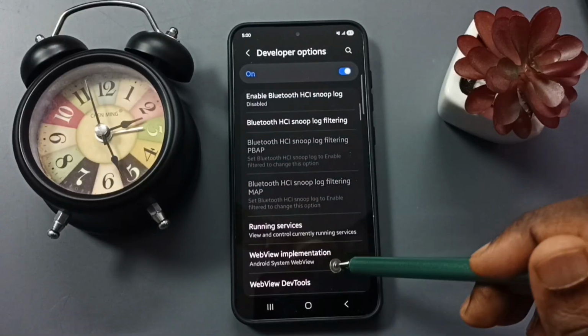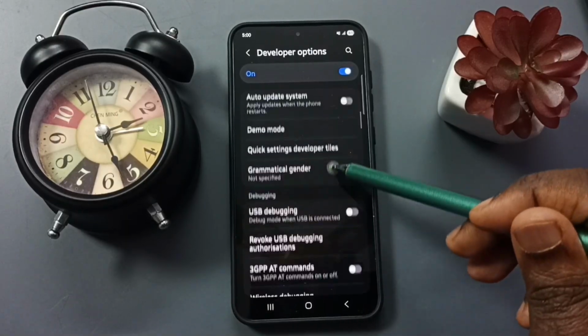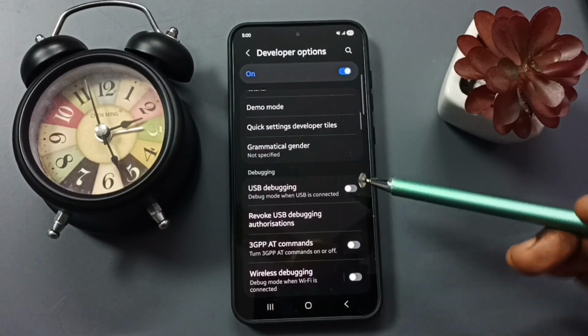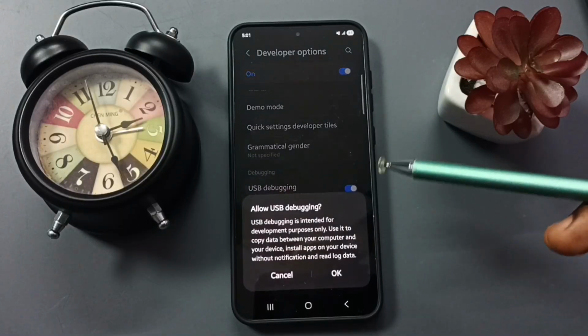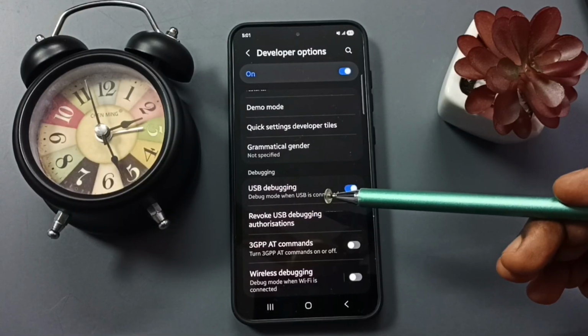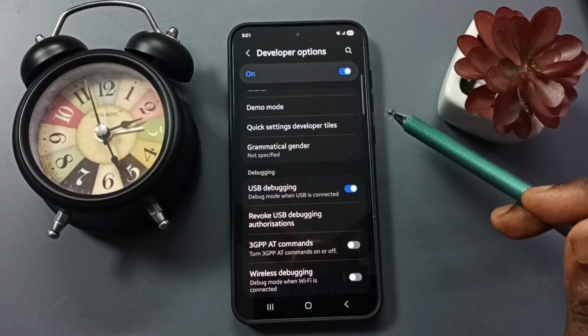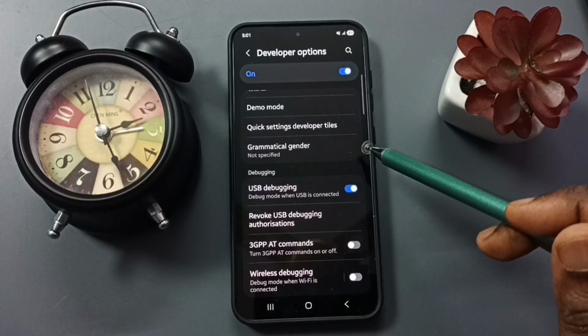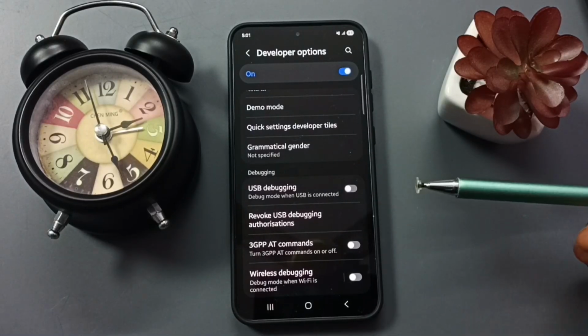From this list let me find USB debugging mode. Go down. Here you can see USB debugging. Let me enable. Tap here. Tap on OK. This way we can enable USB debugging mode. Later if you want to disable USB debugging, again come here, then just tap here and turn off USB debugging